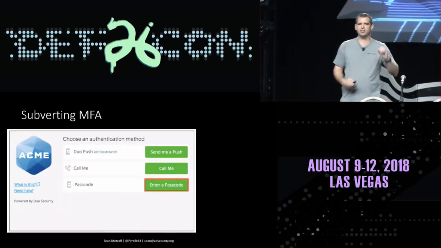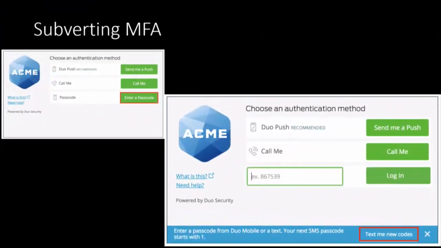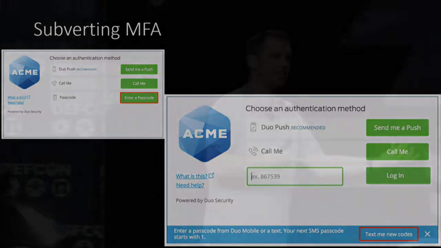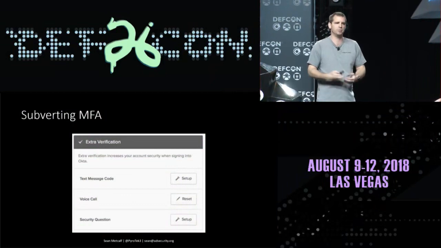What they can actually do is instead of clicking the push button within Duo or the MFA product, they can force a text message to be sent to their phone, this number that they just updated. Because in some environments where they have this attribute, the admin user has their mobile phone number associated with their account, and that's associated with their admin account for MFA. So if we can modify that phone number, we can say, give me a text message, and the admin gets nothing. No notification, nothing at all. And we can bypass that MFA configuration. There's other MFAs that have this as a backup. Duo has it as a backup method that I've seen in many environments.